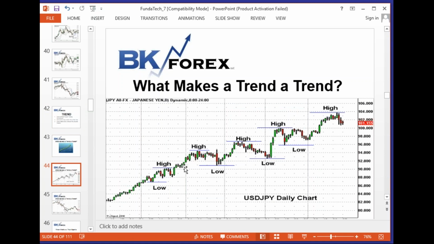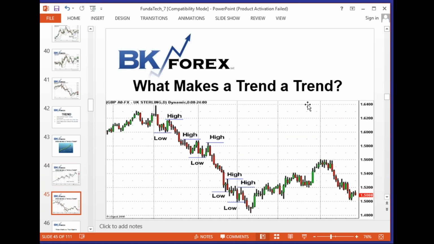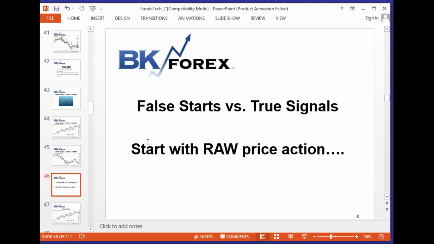It's actually quite simple. Higher highs, higher lows. In an uptrend, you basically want to see higher highs and higher lows. In a downtrend, you want to see lower highs and lower lows. Of course, it's best seen in retrospect, because when you're looking at it live, it's obviously much more difficult to interpret. But with trends,